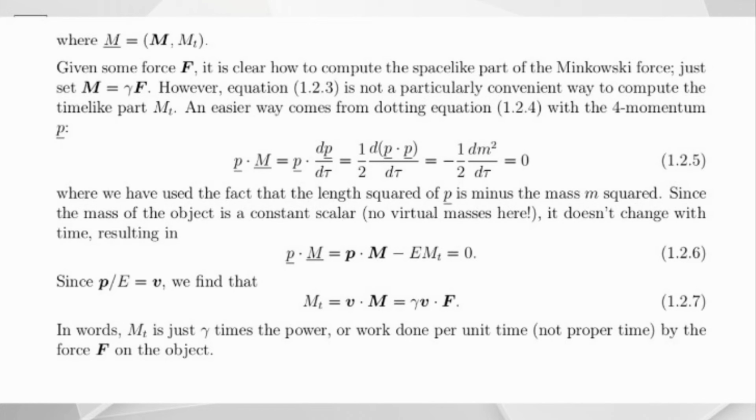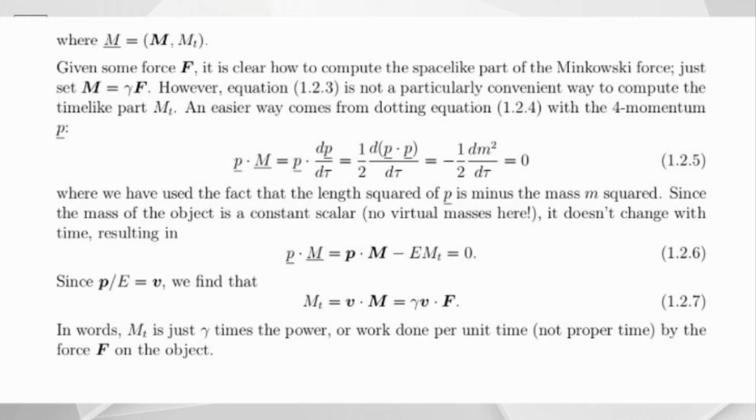Given some force F, it is clear how to compute the space-like part of the Minkowski force. Just set M equal to γF. However, the equation is not a particularly convenient way to compute the time-like part. An easier way comes from dotting the equation with a 4-momentum, where we have used the fact that the length squared of p is minus the mass m squared. Since the mass of the object is a constant scalar, it doesn't change with time, resulting in: